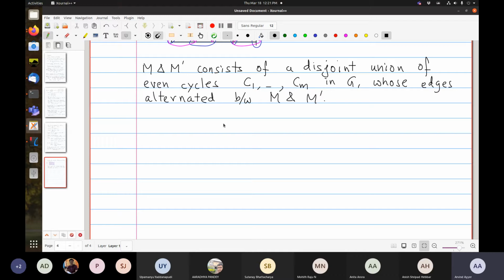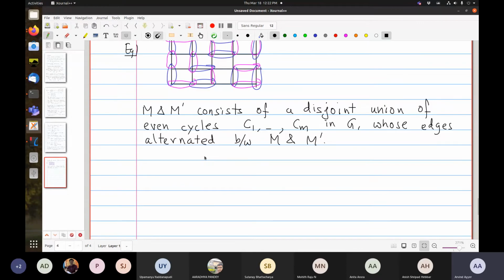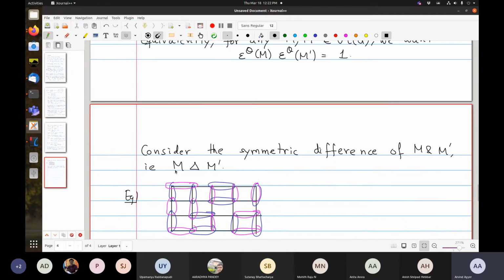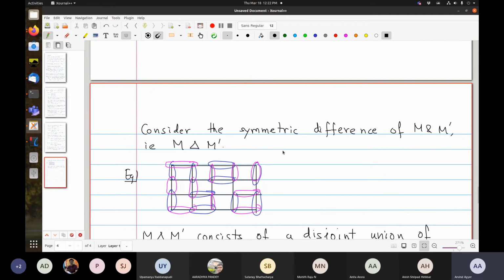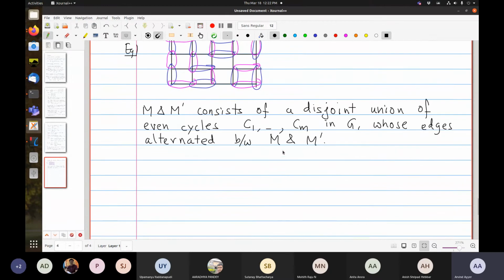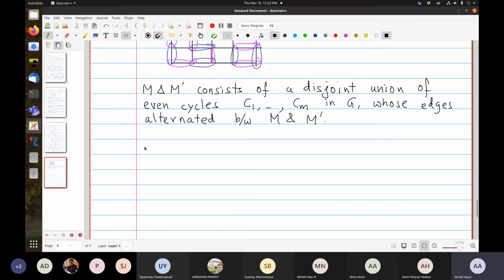Okay, that's right. Okay, so let us try to understand what happens in this disjoint union. Okay, so let's try to see the computation of this sign. Okay, so what's the point? So if we represent matchings